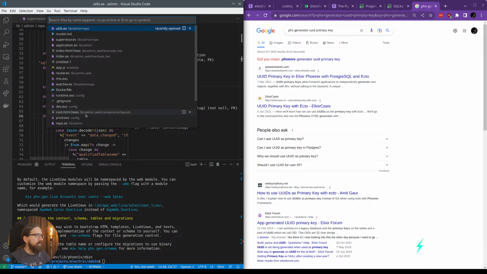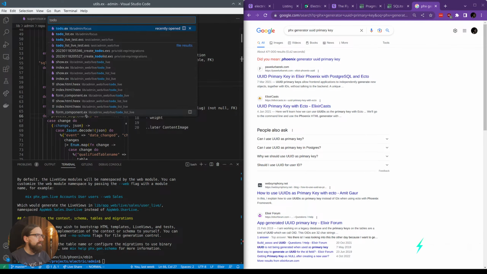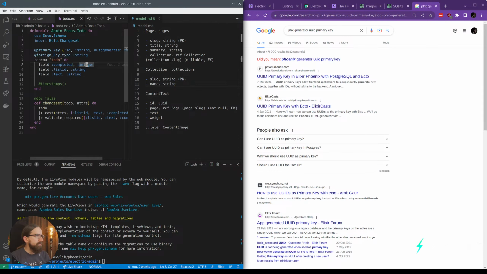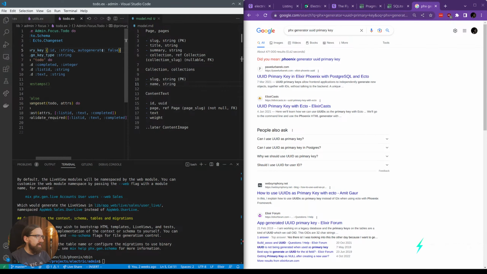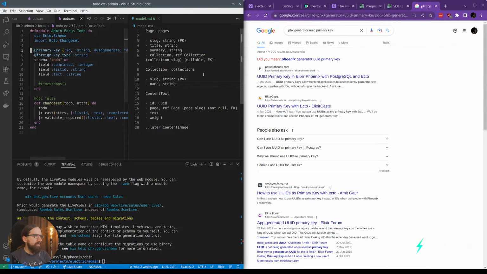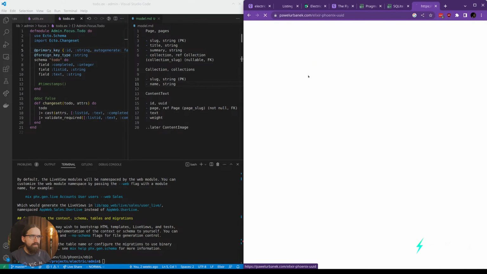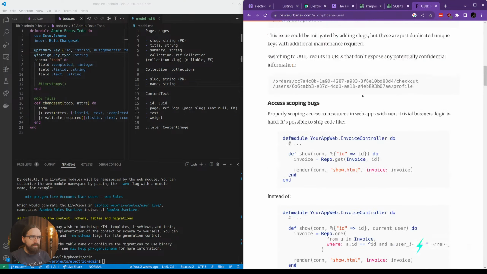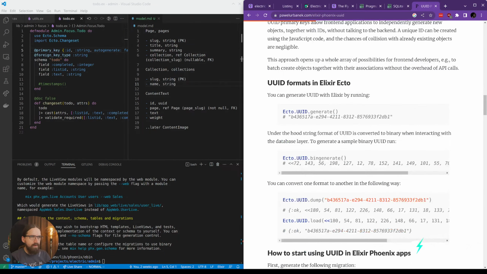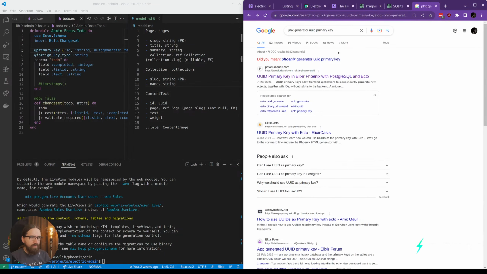Just gotta check how I did the to-do schema here. That's ID string auto generate false. Okay. I just want to see if the generator